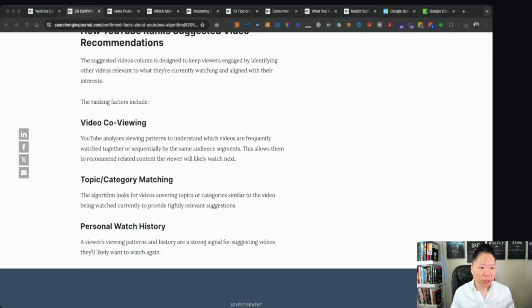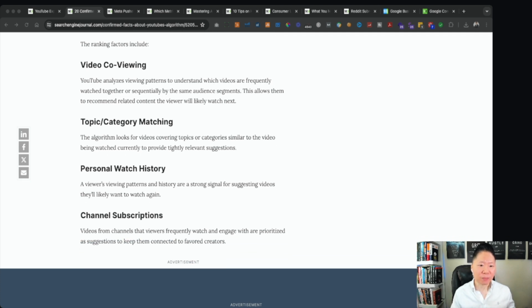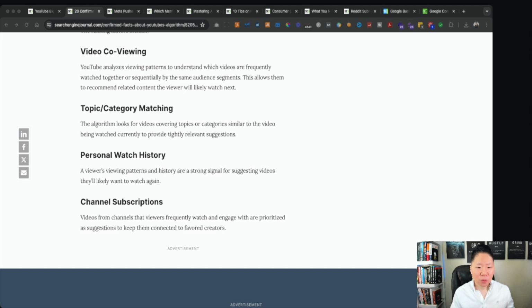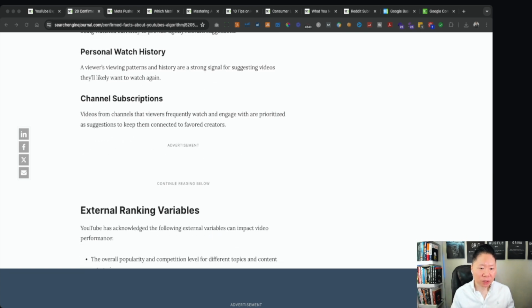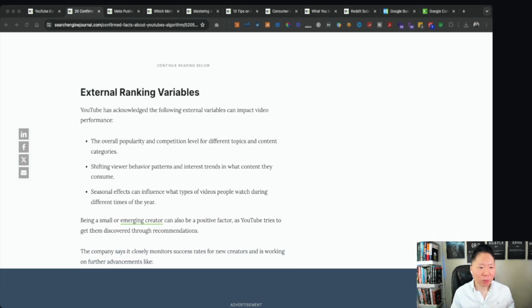These include video co-viewing. YouTube analyzes viewing patterns to understand which videos are frequently watched together or sequentially by the same audience segments. This allows them to recommend related content the viewer will likely watch next. Topic category matching, personal watch history, channel subscriptions. And so external ranking variables include